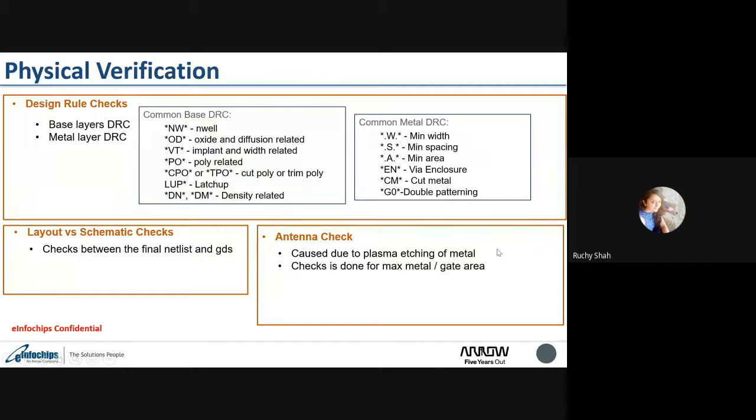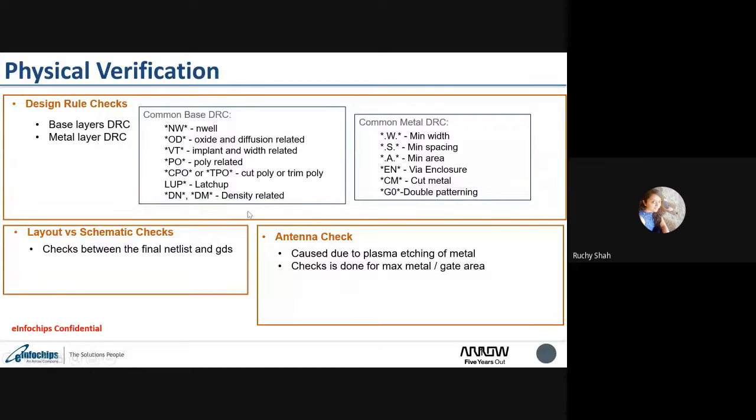If the quantity of ion collection on the metal is high, that potential will get discharged through your gate oxide, causing permanent damage to the gate oxide. The transistor will be completely wasted and will not work. To avoid that, we have antenna checks. We have to follow that.